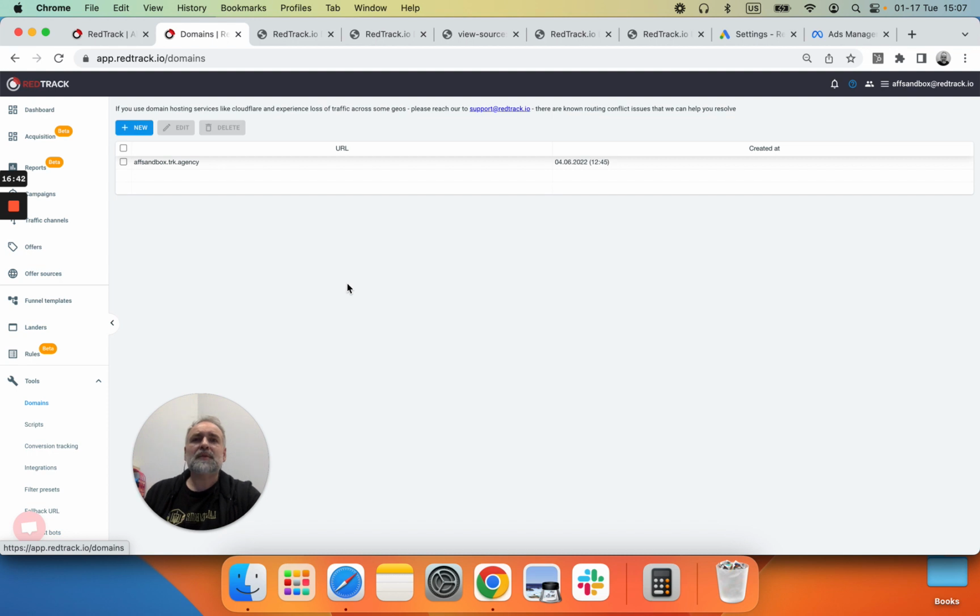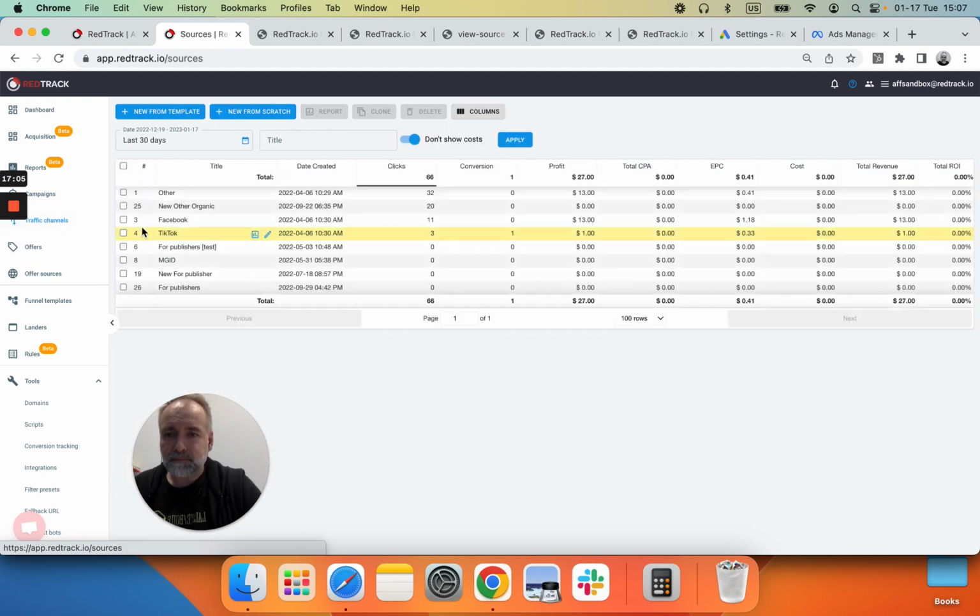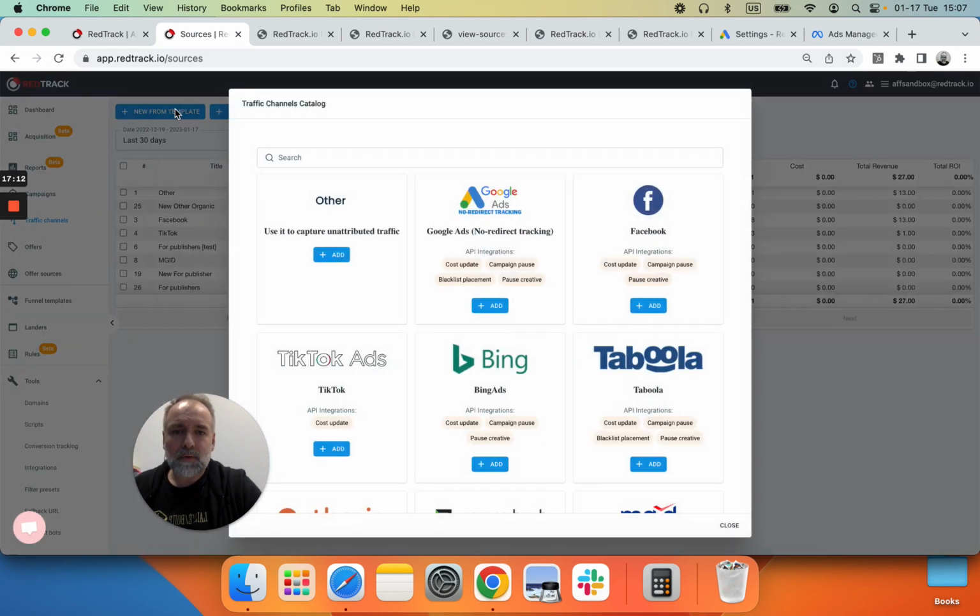Last and most popular question: how do we add those tracking parameters to Facebook or to Google or to some other traffic channels? Of course, we have all the instructions in our knowledge base. We provide onboarding services, but in the end, you want to see how it works. So let's set up a campaign for Google. First, we'll go to traffic channel, and yeah, we don't have Google here. Nice. So we'll get a new one from template,